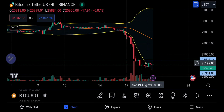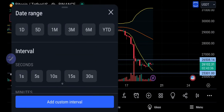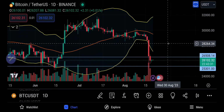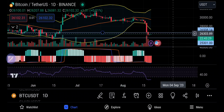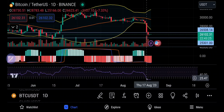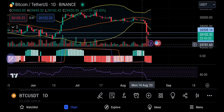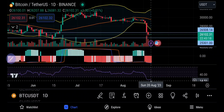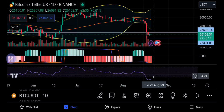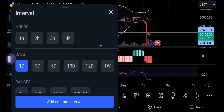we're right here right now. Okay, we made a dip and everything. We're gonna zoom back out just to see a little bit more clear. This is all in real time, guys, so I'm reading it as I go. So what I see here on the 1-day chart, we are way oversold. Okay, so that means we're bottoming out. What we're waiting for is for this purple line to go above this dotted line right here. All right, if we go on the 1-week chart,